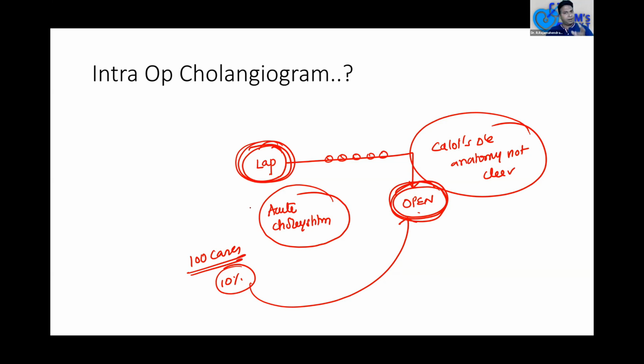If there is dense adhesion or a mass and Calot's triangle is not seen, I told you the intraoperative cholangiogram has no routine role now. Only when you suspect bile duct injury do you do an intraoperative cholangiogram. Otherwise we are not doing it, because we always have an MRCP before going into the surgery.